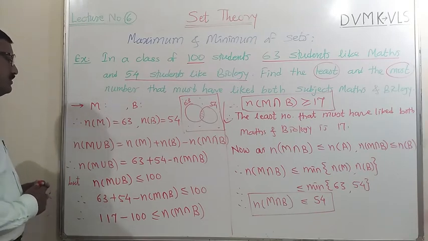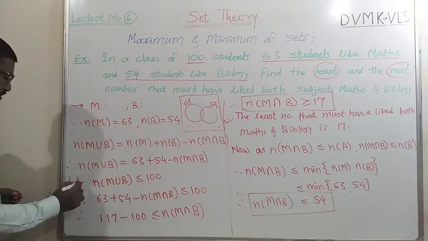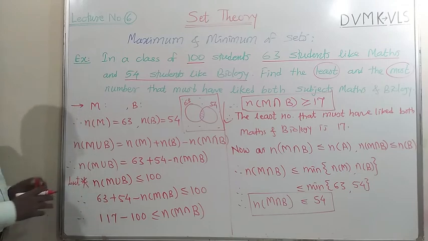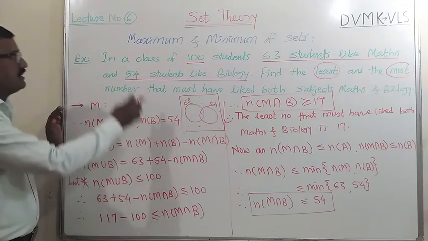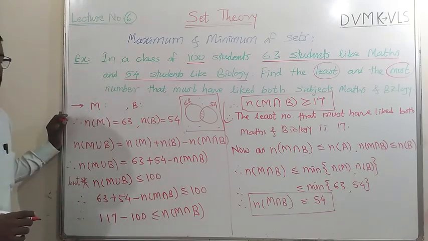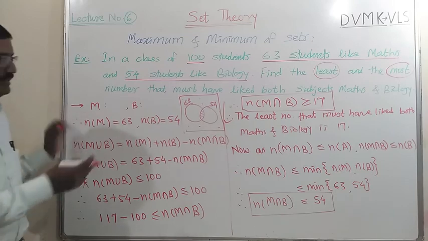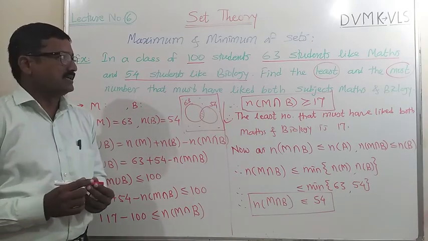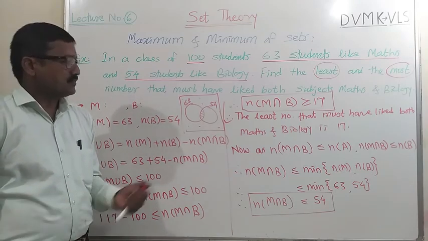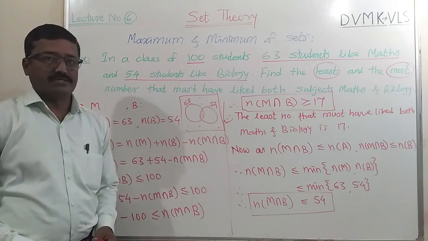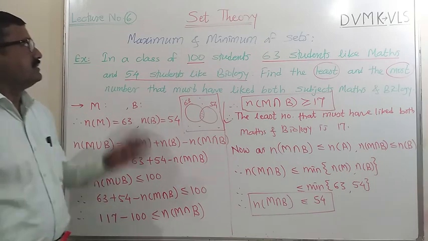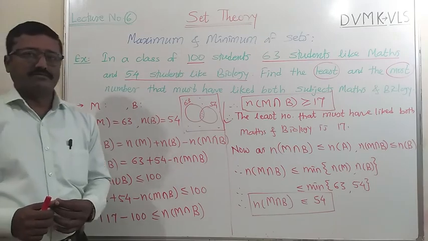You must know the concept. This is the important article that you have to use other than the given information, that the union contains numbers less than or equal to the total given numbers. Very few examples are there on this article. So learn these two examples clearly, and now complete the exercise of this set theory, the remaining examples also.